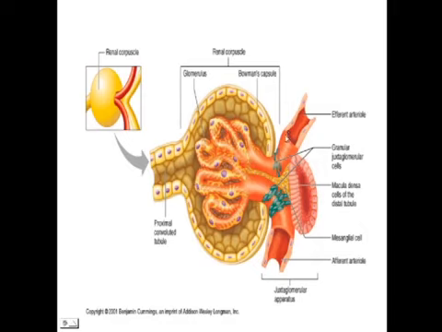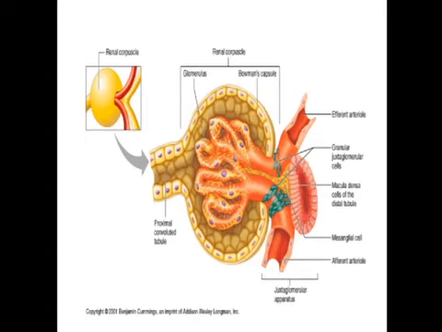It is to be noted that instead of draining into a venule, the glomerular capillaries drain into an arteriole. It is also noted that the efferent arteriole is smaller in diameter than the afferent arteriole, and this difference of caliber between the afferent and efferent arterioles ensures a substantial hydrostatic pressure in the glomerular capillaries, which facilitates the glomerular